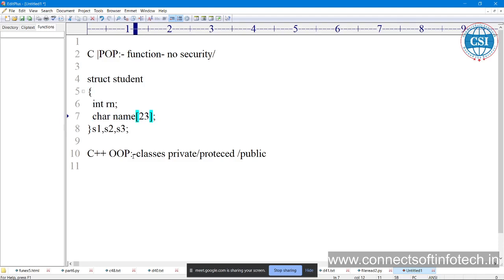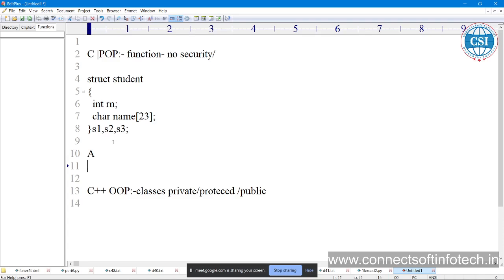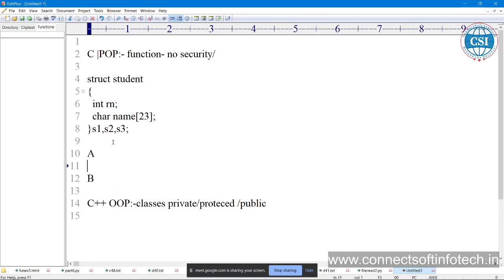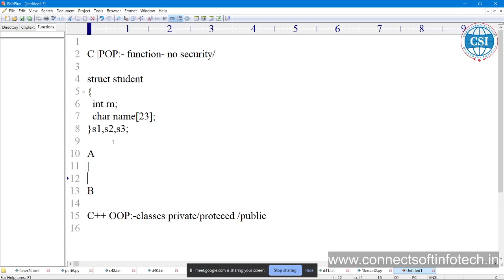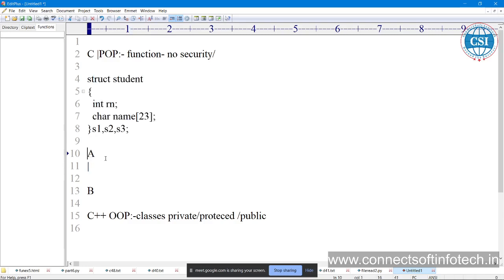That is inheritance: the class A has some characteristics which are derived into B. That is known as the inheritance concept. That is not available in structure, so that's why we need to go for an object oriented programming language. Whatever properties of A I want to use in B,